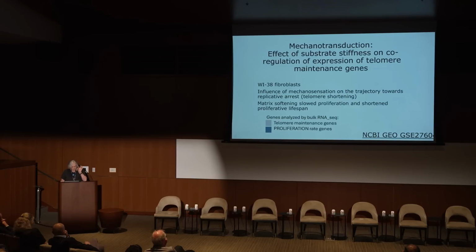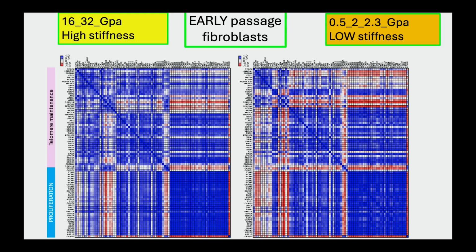So what about the same analysis in several samples of the cells, early and late in passage, exposed to stiff and to loose matrix, where the stiff matrix is the more favorable condition? You can see shifts even at the beginning, in the early passages. Just look at the patterns of where the reds are, and you can see that there are shifts already happening. This is quite striking because at this very early passage stage, you wouldn't know anything was going wrong.